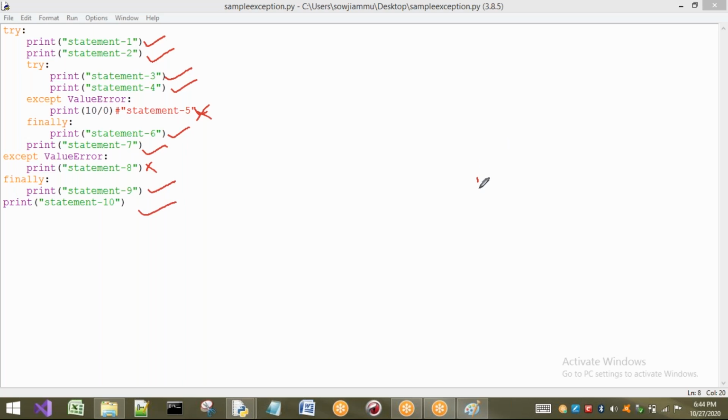So what will be the output of this program? 1, 2, 3, 4. Next one is 6, 7, 9, and 10. The program is terminated normally, not abnormally, because there is no exception raised here. You may think, sir, here there is an exception. There is an exception if we execute that one. But am I executing that one? The statement is not executed. So we are not going to get any exception here. If there is no exception, is there any necessity of talking about how to handle it? It is not necessary.